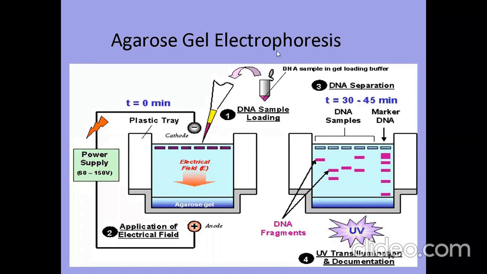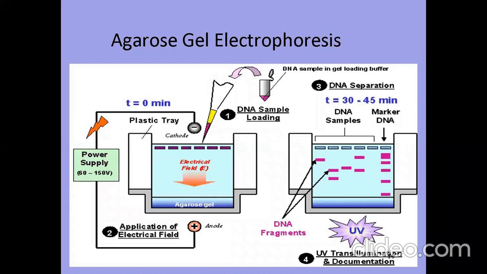Okay, so if we could see this diagram, this is the pictorial view, and this is the power supply, and this is 0 minute, and this is the plastic tray. It has not been run because it is 0 minute time. This is from the negative to the positive, and the application of the electric field is this, and this is the DNA sample in loading buffer. So loading buffer has been added, and you know what loading buffer is. And the gel tank will have the loading and